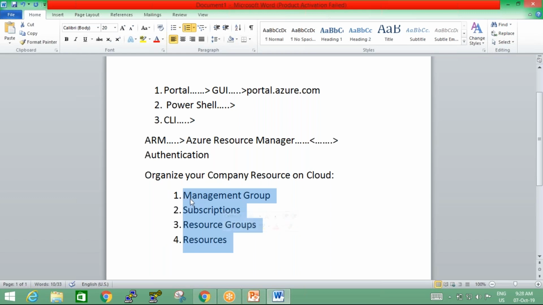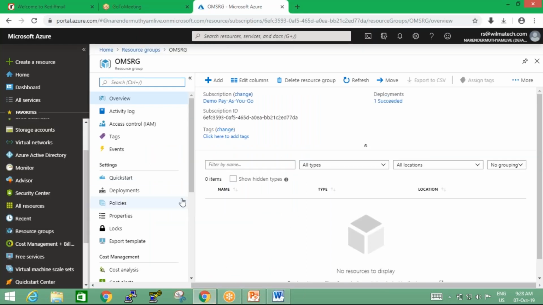So first of all, you go and work with the management group. Under the management group, you have one or more subscriptions. Each subscription can have one or more resource groups, and then you have resources. So taking back to your